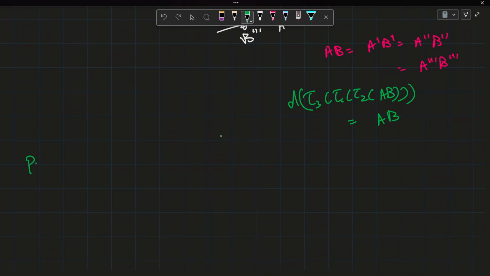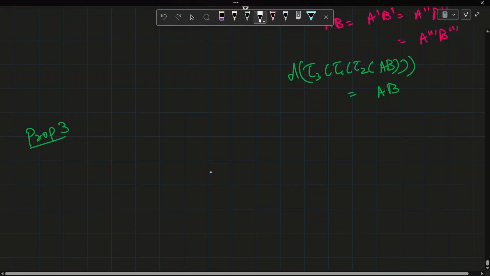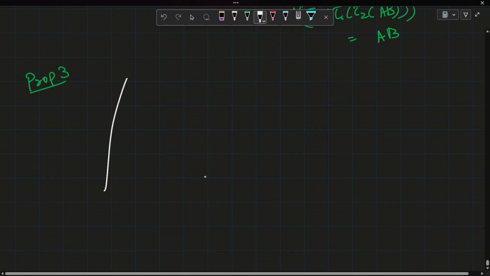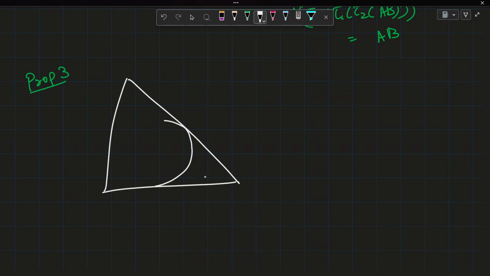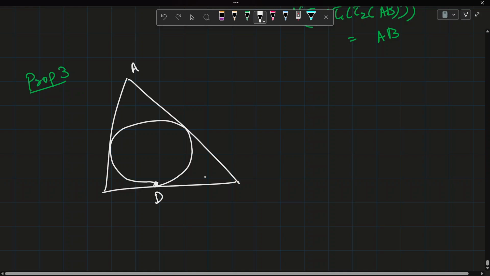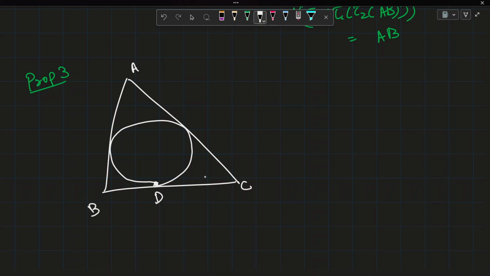And the third proposition, this is the last proposition which will help us to solve the problem. Let's notice what happens to the tangency points of the incircle under a rotation. Okay. So suppose this is the point D and this is ABC. Now notice what happens to the point D under rotation by angle B. So this is angle B centered at B. So this is basically tau 2 in the original problem. Suppose we rename it as